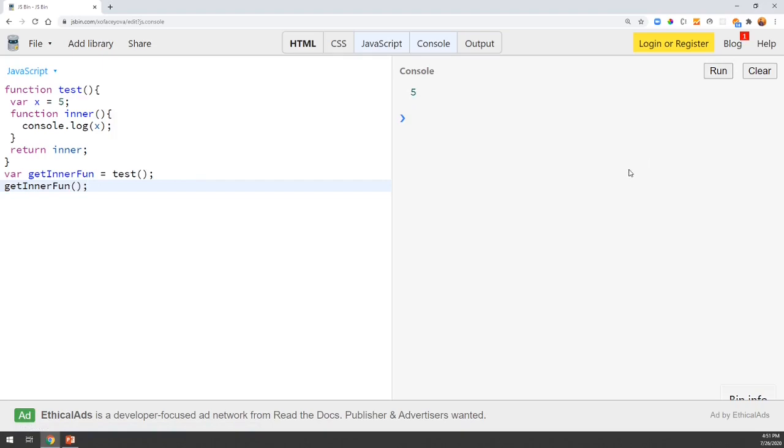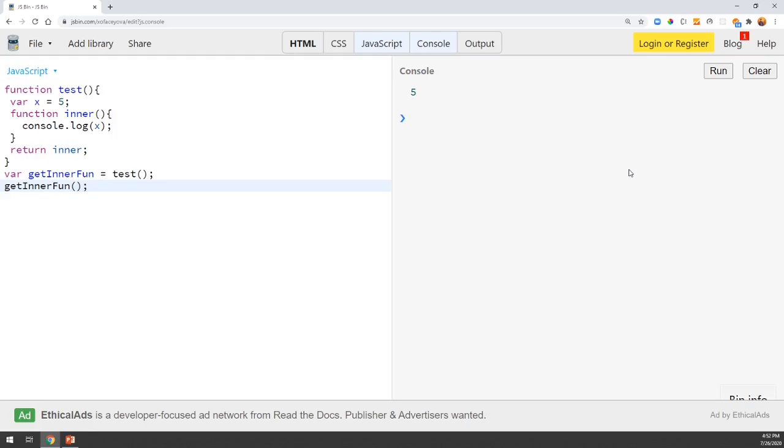We can see here that even though variable x is not a local variable of our inner function, we can still access that x is equal to 5 inside inner. Also, we have returned that inner function from our outer function test, and still we can access that 5.